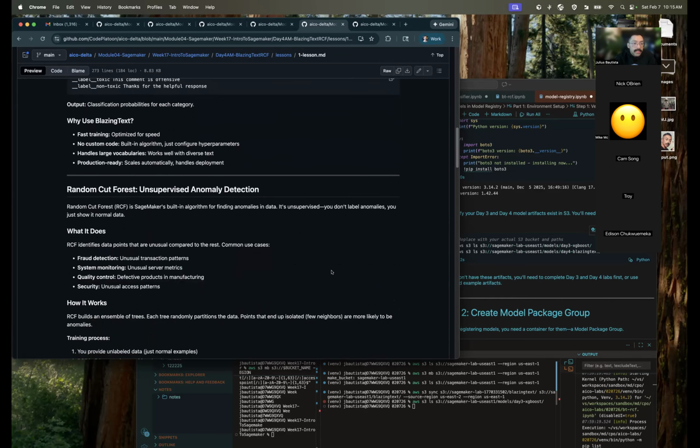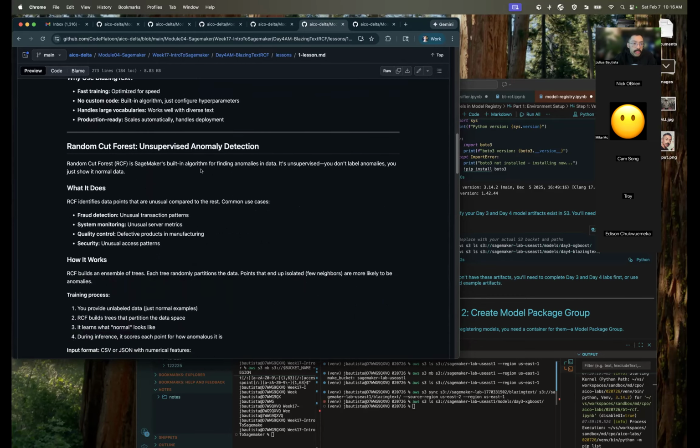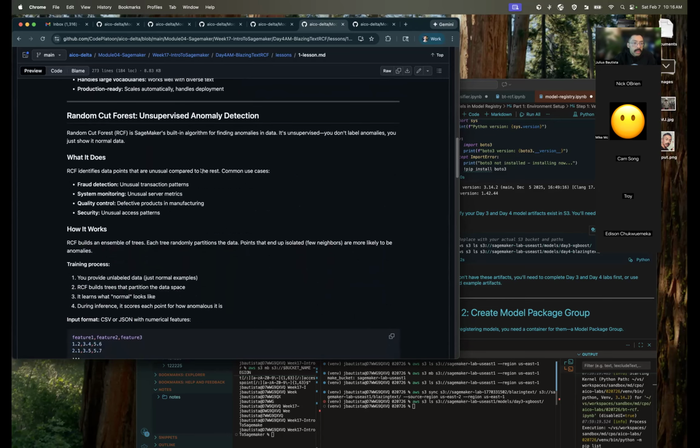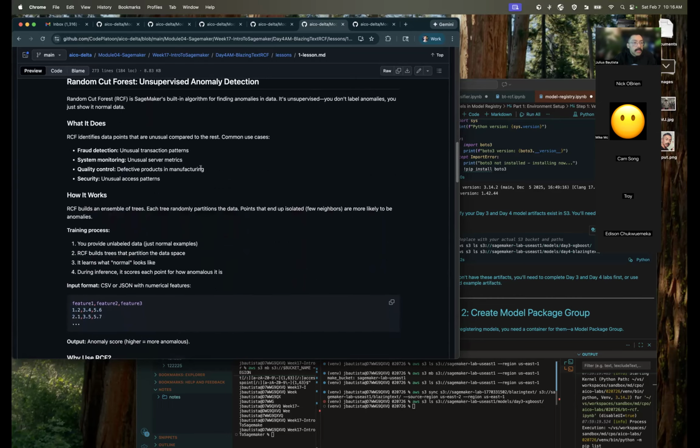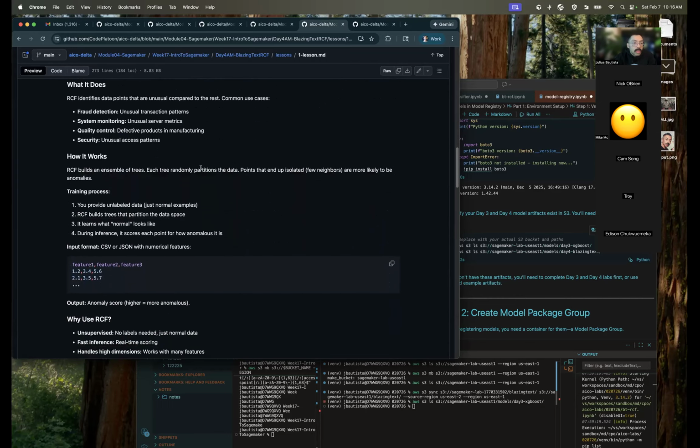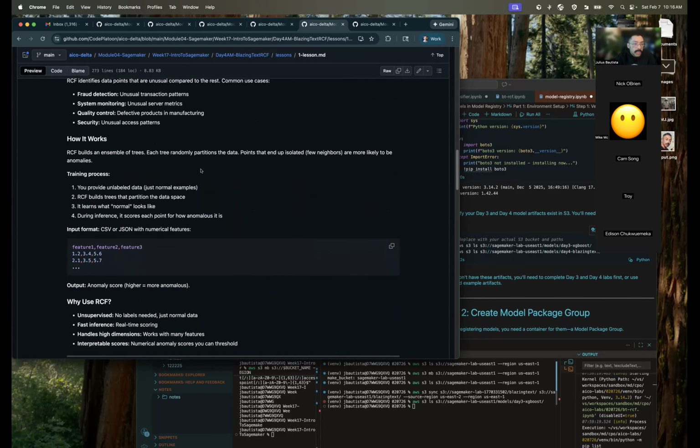So why use BlazingText? As its name implies, it's really fast. It's optimized for speed and it's built in, so you don't have to mess around with any kind of custom code. You're really just configuring hyperparameters and experimenting. It handles large vocabularies, it's production ready, and similarly, Random Cut Forest is as well. And like we talked about, it's ideally used for fraud detection, system monitoring, quality control,